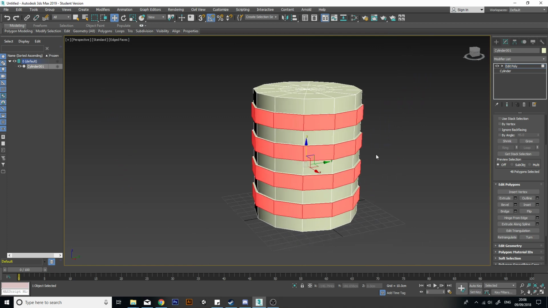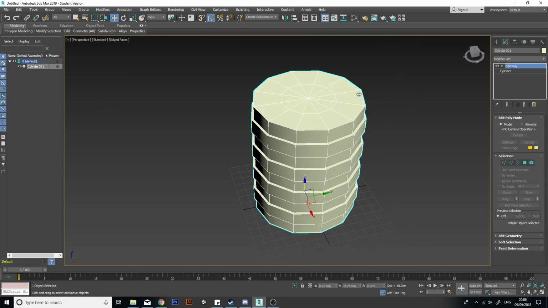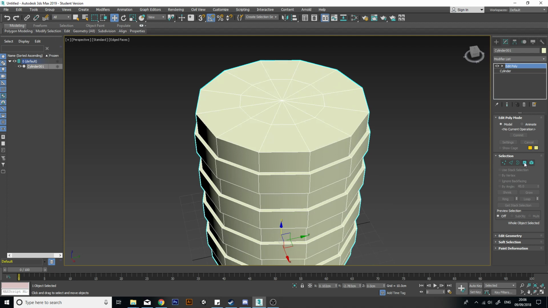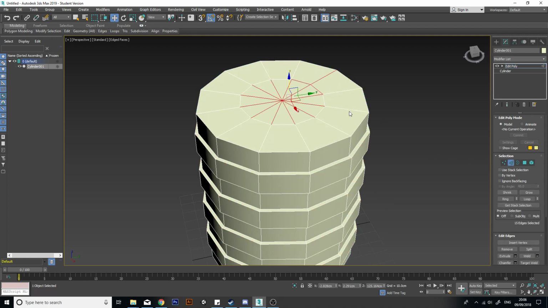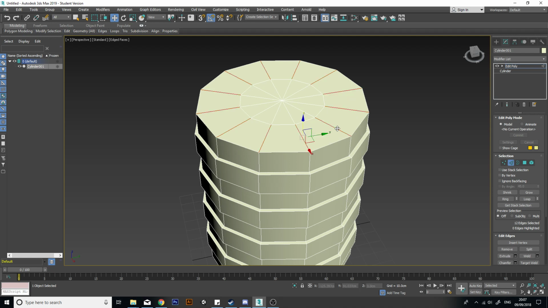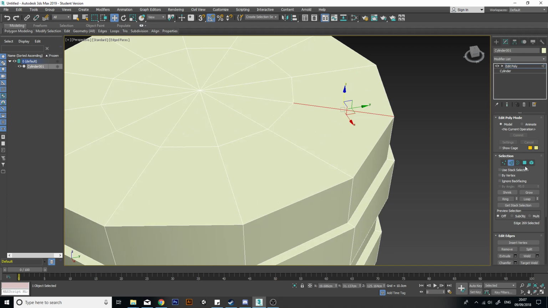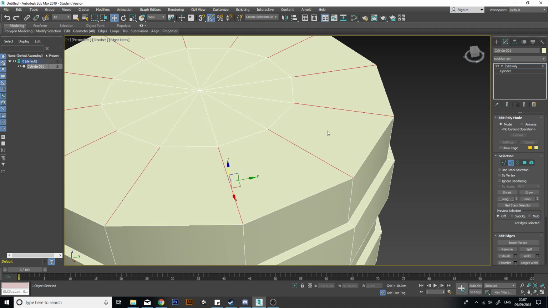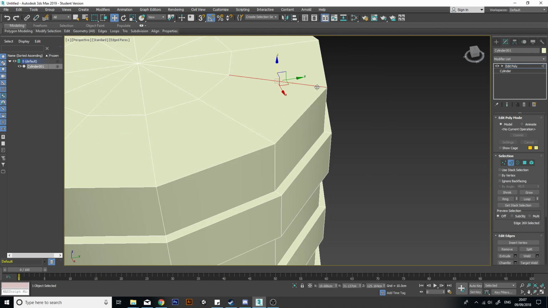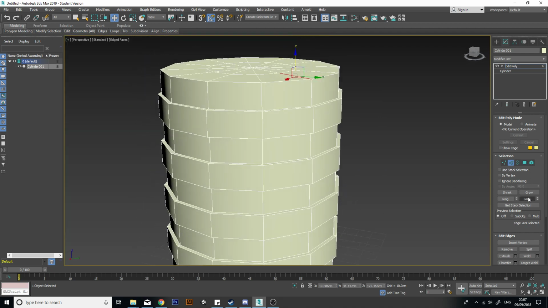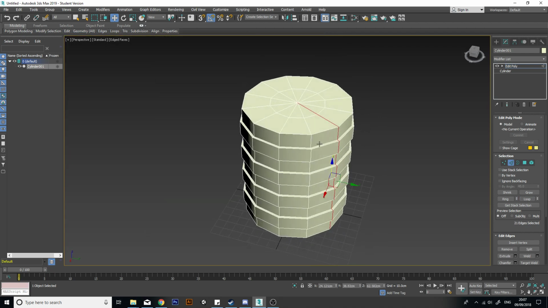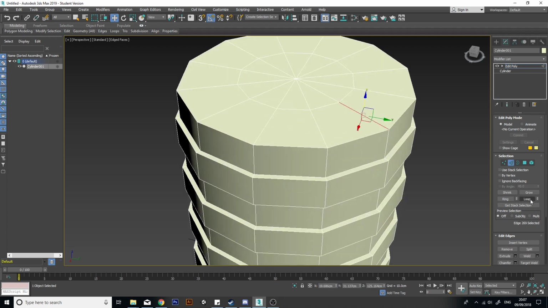Okay. And in order to create that lip that exists on every barrel, we'll grab our edges and, holding Shift, create this ring. With edges, another thing we can do is select an edge and ring, and we'll select all this ring. If we press loop, it would select all of these like this. So loop, ring, which is very useful. So we'll go loop, no sorry, we'll go ring